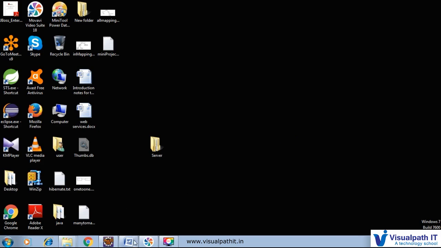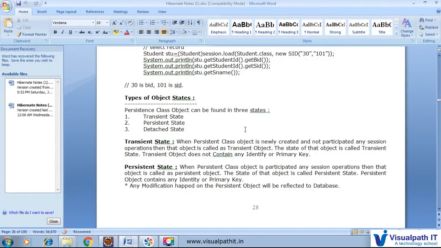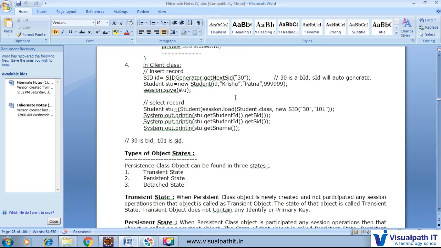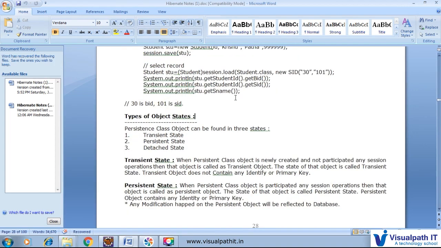So we already saw how we can generate a custom primary key as well as a composite primary key, and we can create a last project that has a composite primary key and custom primary key with the help of annotation as well as the help of core